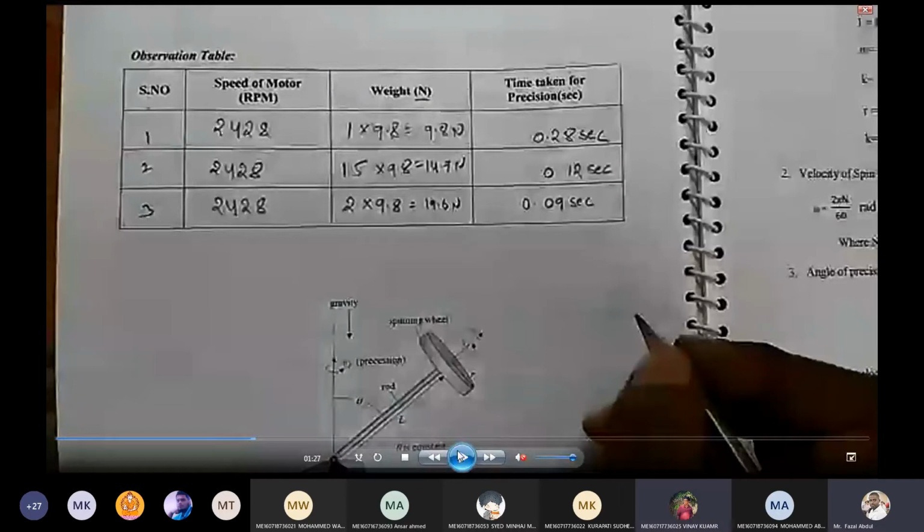You take a printout and fill up these values and do the calculations. After doing the calculations, you take photos or a scan, then upload in MS Teams. I will see from this. You first note down this total observation. First time I'm showing how to calculate and fill up the total. From the next lab onwards, I will not repeat this kind of thing again.